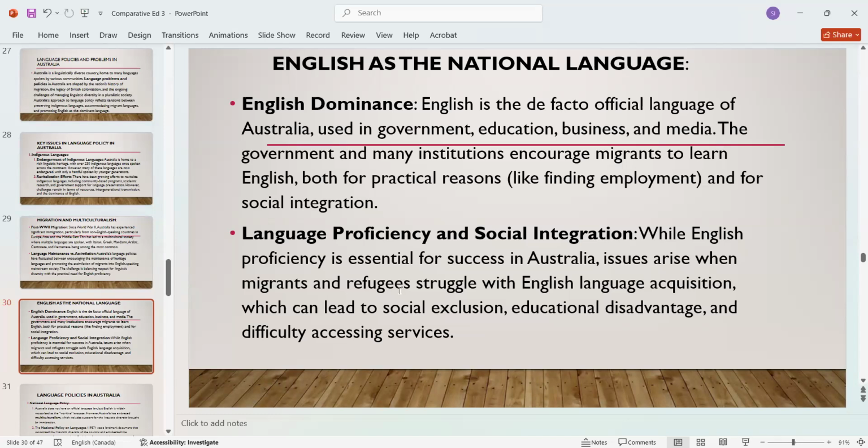So issues arise: language proficiency and social integration. While English proficiency is essential for success in Australia, issues arise when migrants and refugees struggle with English language acquisition, which can lead to social exclusion, educational disadvantage, and difficulty accessing services. Right, so